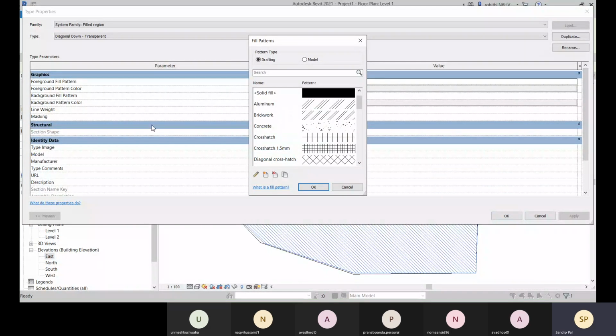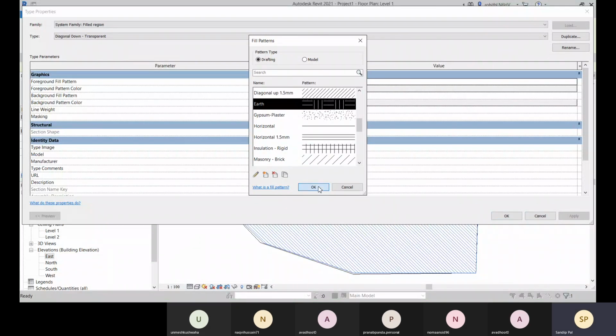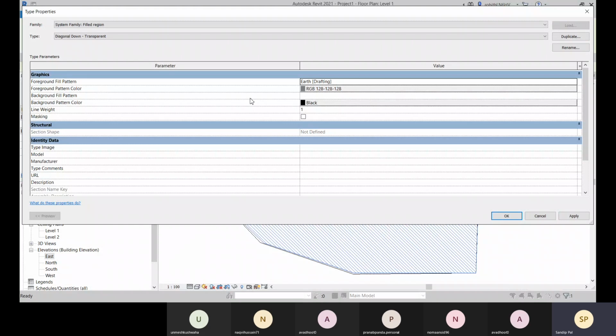And here you can change it, like if the earth option is available, you can just choose this earth. And what will be the pattern color, fill pattern, the background pattern.